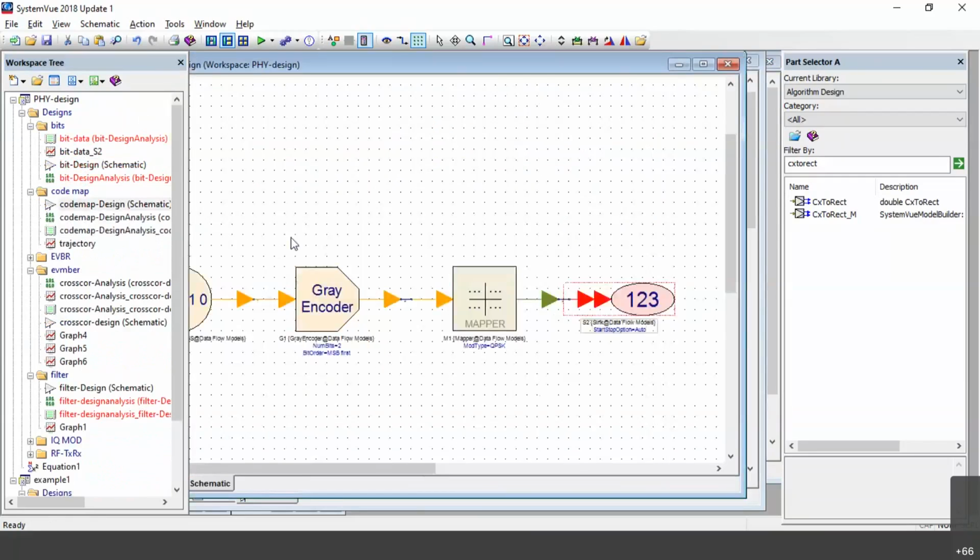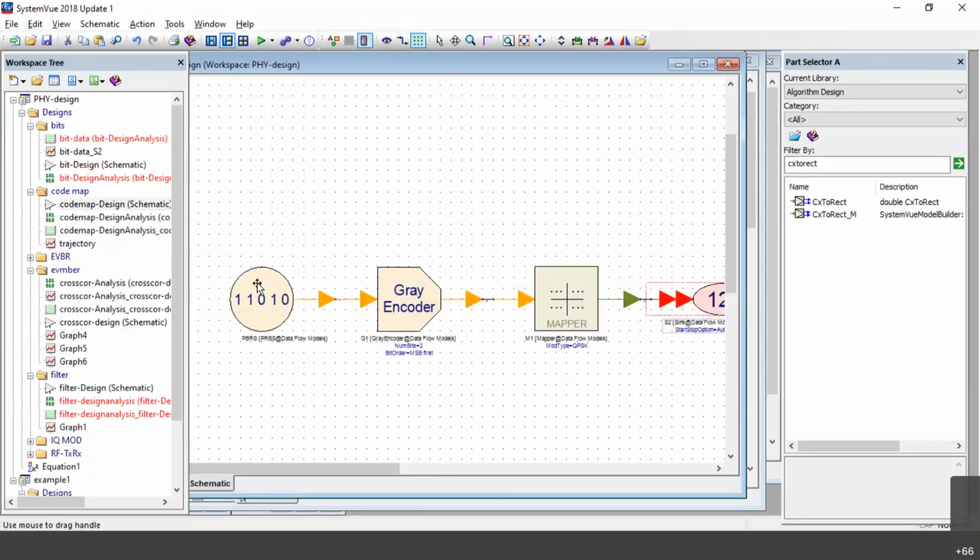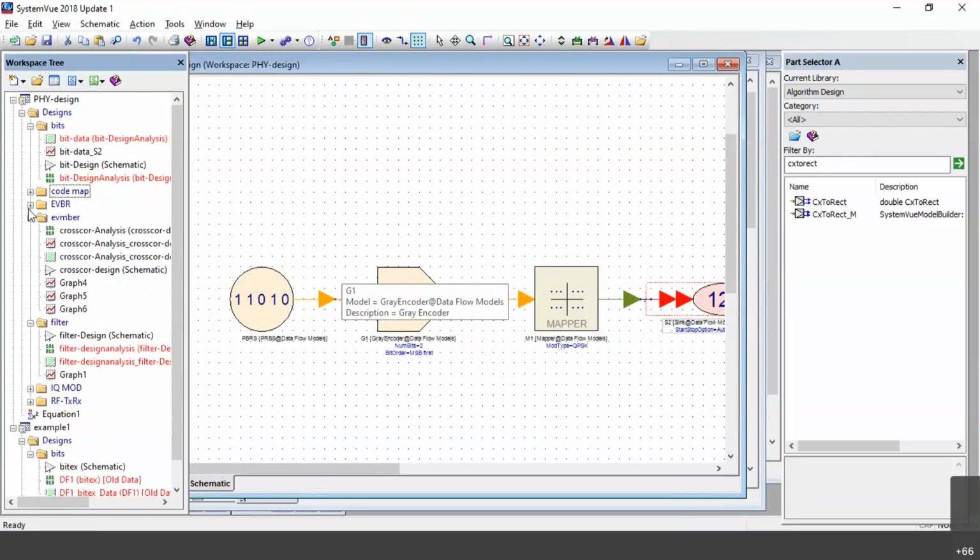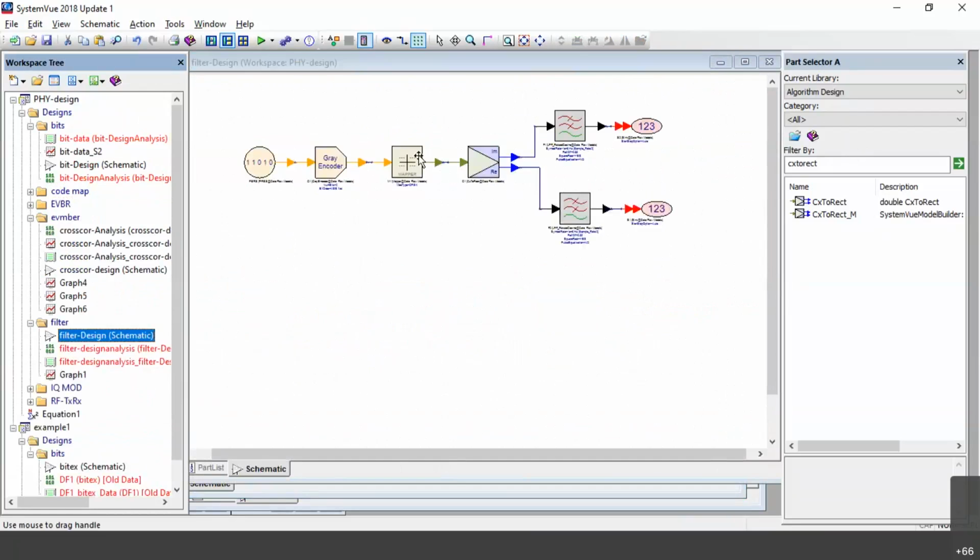And then further, this code map that I generated in the bits, I've copied and placed here. The rest I brought from the part selector. Again, this entire design I copied here and placed in filter. See here, these three parts I have copied and placed in another schematic. Okay. Filter.